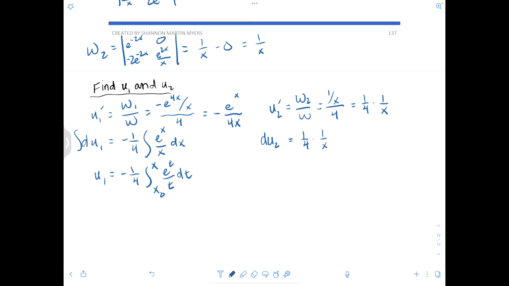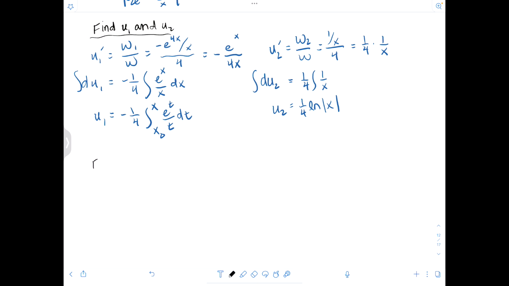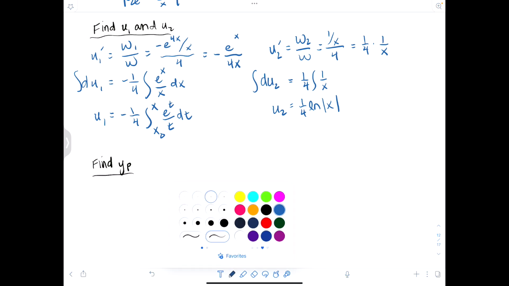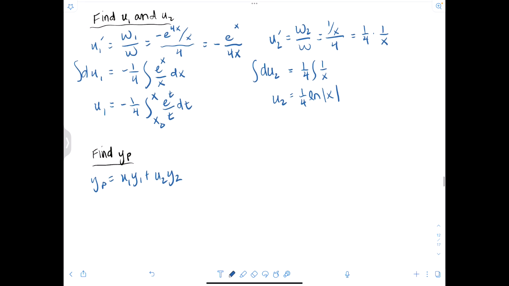We can integrate, and we get u2 is 1/4 natural log absolute x. So our particular solution is yp is u1 y1 plus u2 y2,